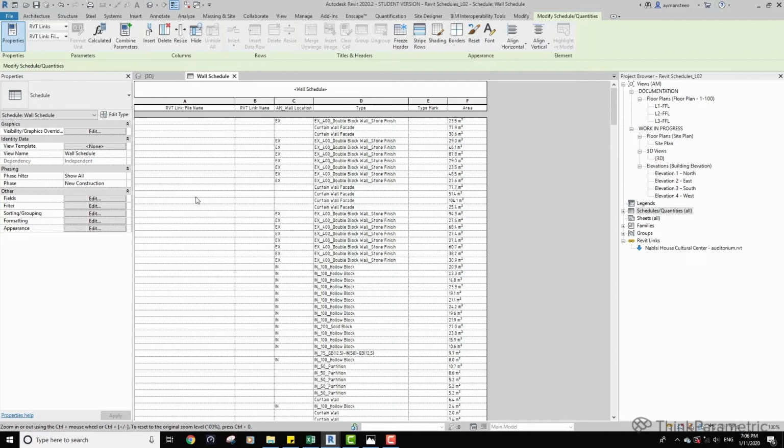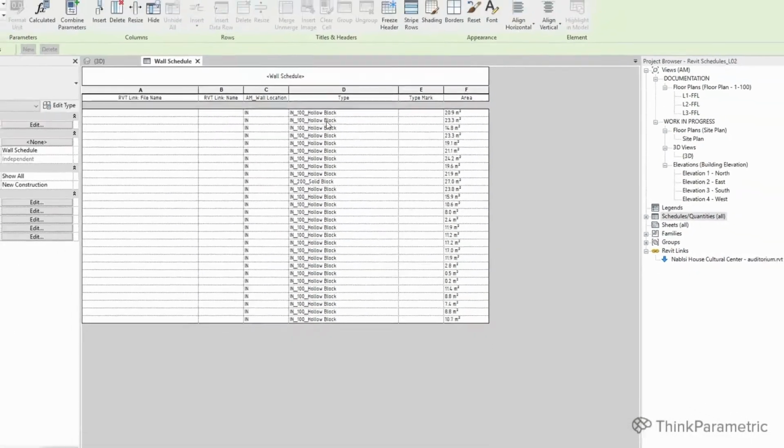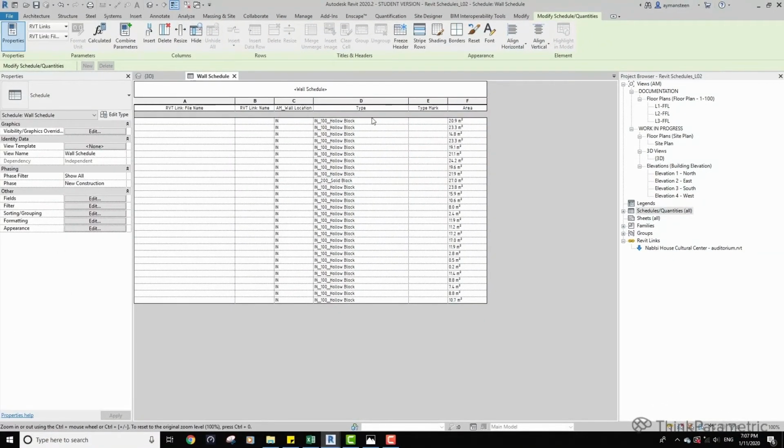For a start, we want to exclude the walls that are not internal. So if we go to filters, go to this wall location parameter, and we want only to show the in. This one is showing us the parameters that are inside the project or inside the building.